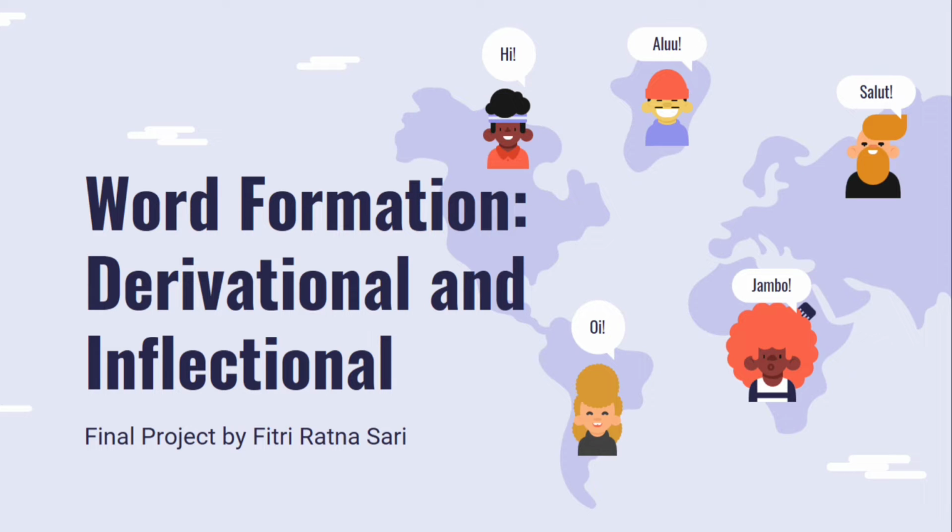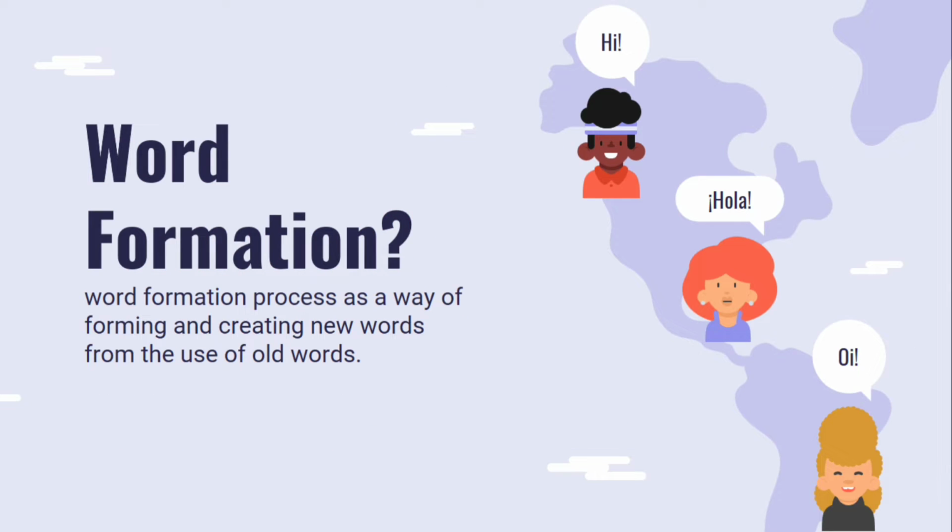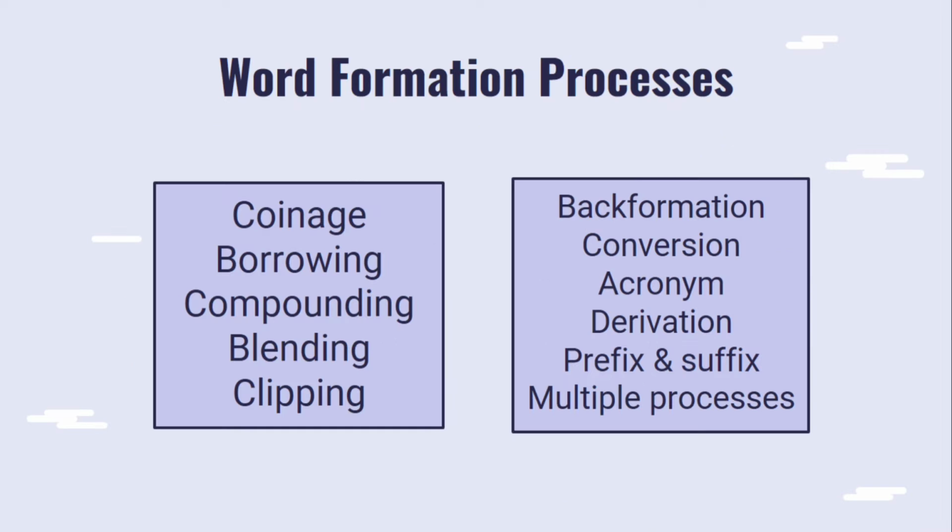Now, I will share about word formation material with an example of the Java language for the final project. So, what is word formation? Word formation is a process as a way of forming and creating new words from the use of old words. Here there are several word formation processes including coinage, borrowing, compounding, blending, clipping, back formation, conversion, acronym, derivation, prefix and